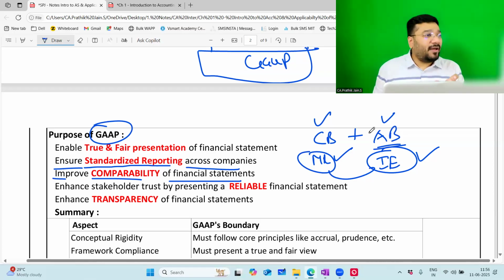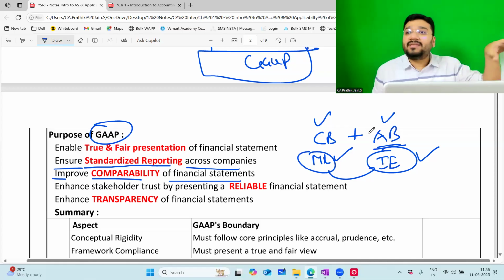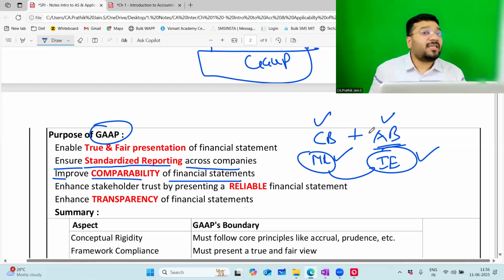So comparison of the current year with the previous year is done so that you can check your growth. Is my income growing or not? Are my expenses comparatively in the same proportion growing or reducing? If I'm not growing, then there's some flaw in my business system, so I need to change my business fundamentals. That is what it means. Comparability gives you some analysis.